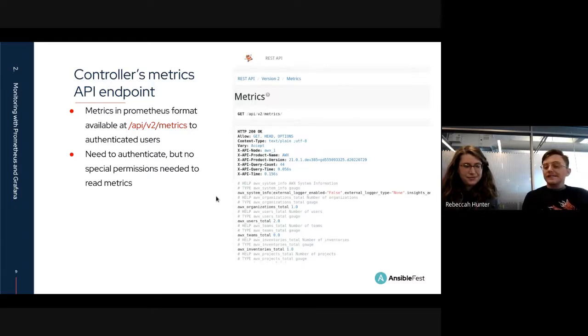One gotcha is that at the moment you do have to be an authenticated user. So most of our test jobs, I usually create a dedicated Prometheus user so that I can identify, well, these requests were coming from Prometheus. And you can give this user basically no permission to do anything else. All it can do is log in and read these metrics.